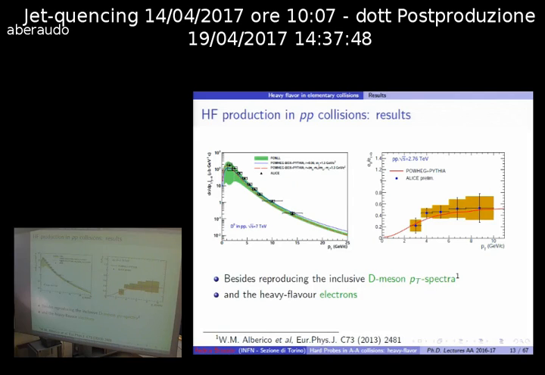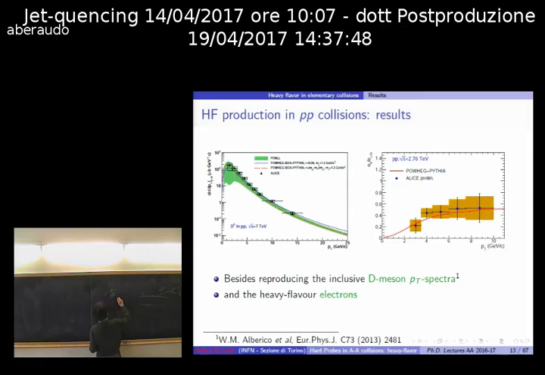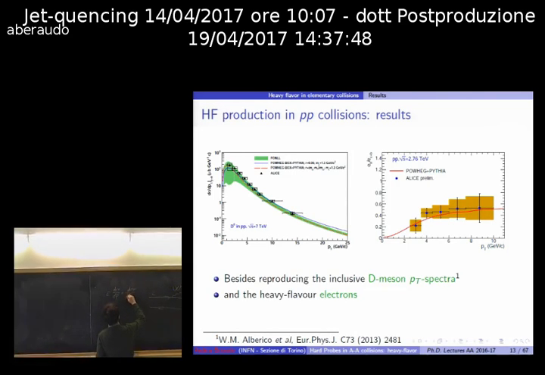So first of all, it is important to check that if we want to study medium effects, we are able to correctly reproduce the results in proton-proton collisions. This is just an example of the results of these tools. So you see these are data obtained in proton-proton collisions at 7 TeV in the center of mass at the LHC. For D mesons, these are the experimental points. The green band is the systematic uncertainty band of the FONLL calculation, which is an automated tool for the evaluation of this single particle spectrum, okay, which I said several times it is equivalent,